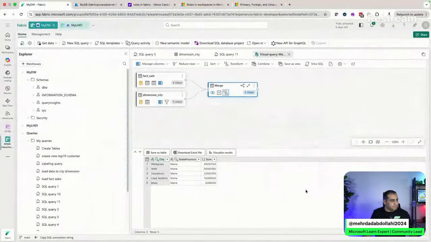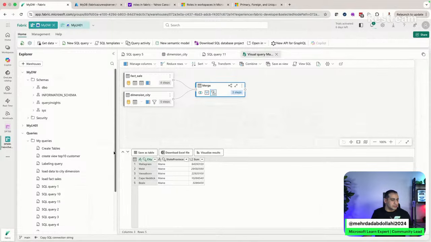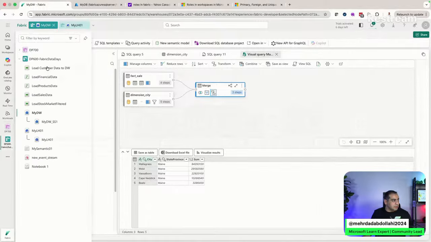Maybe one last thing. Just on the Dataflow Gen2, I remember I didn't touch on that. Where's my